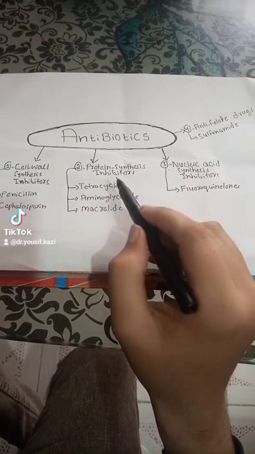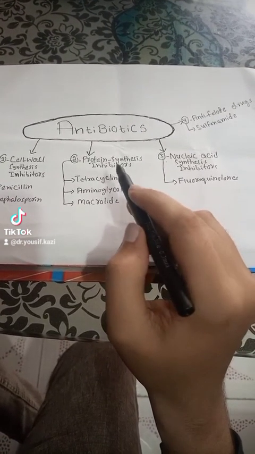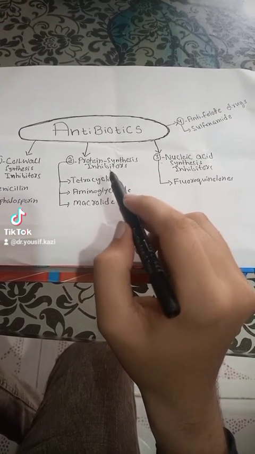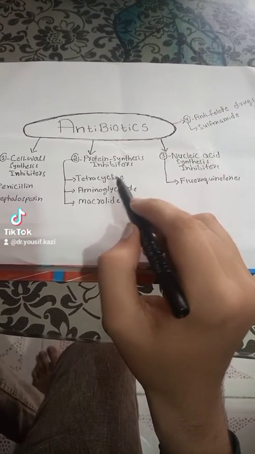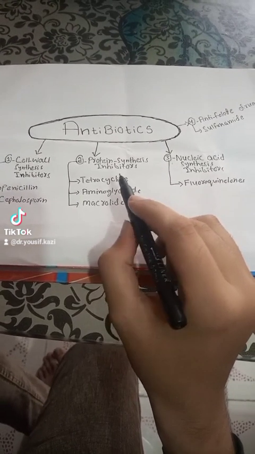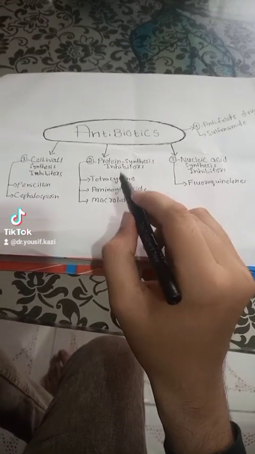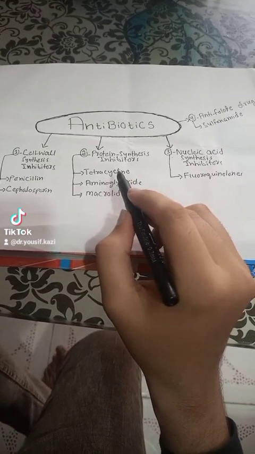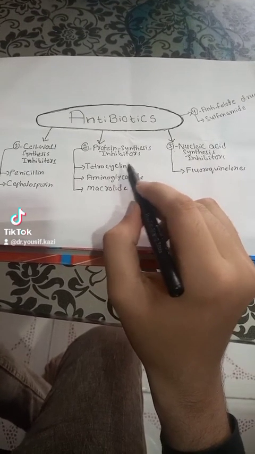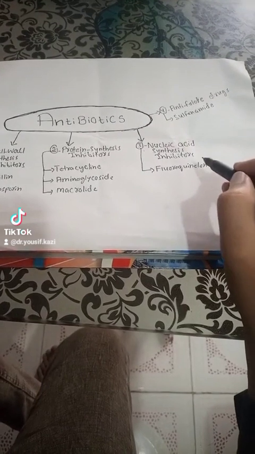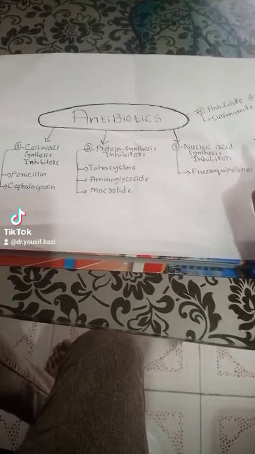Basically, these drugs mostly inhibit the translation step in the bacteria, so the bacteria cannot synthesize proteins. If the bacteria cannot synthesize protein, it cannot maintain its shape, and the bacteria is going to die. In this way, the bacteria die with the help of these protein synthesis inhibitor drugs. And when you're talking about the nucleic acid synthesis inhibitor drugs, the words themselves show